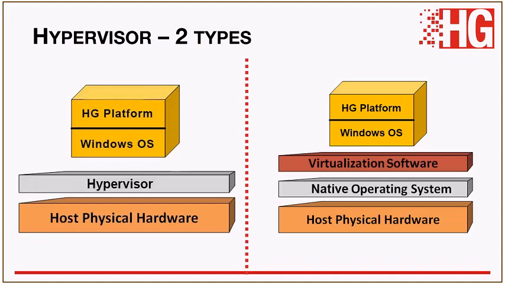One of the advantages of a type 2 hypervisor is that if you have a platform or an app that runs on that native operating system, you can place the virtual machine within the native operating system, and the virtualization software does the controlling of the